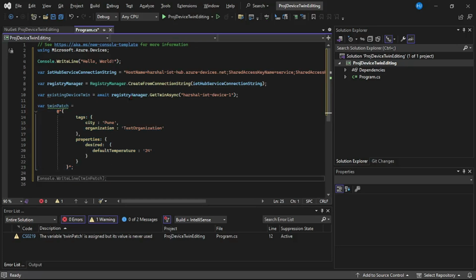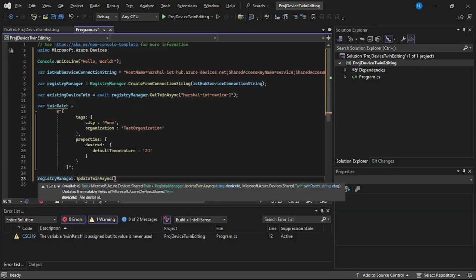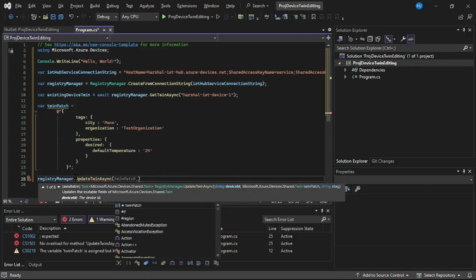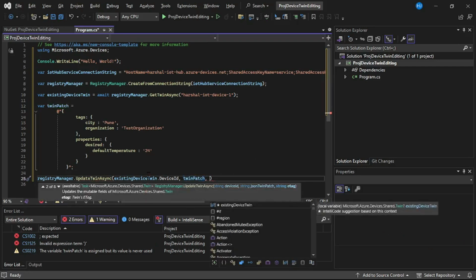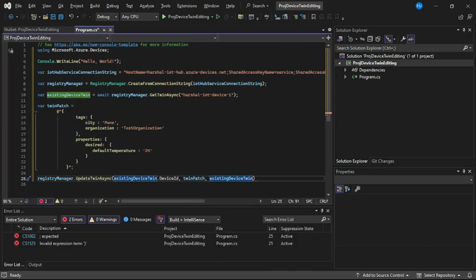So I will say registryManager dot, here I will say UpdateTwinAsync, and to this first you can see we need to provide device ID, and then you can see second parameter we need to provide twinPatch, and the third is ETag, and let's provide that. So here I will say existingDeviceTwin.DeviceId. Then we need to provide the patch, that is the changes which we will be making in device twin, and third is again existingDeviceTwin.ETag,